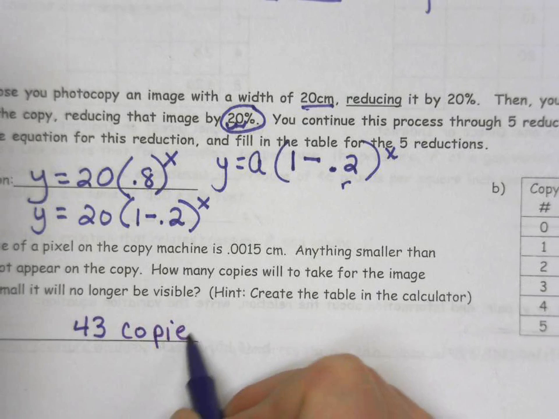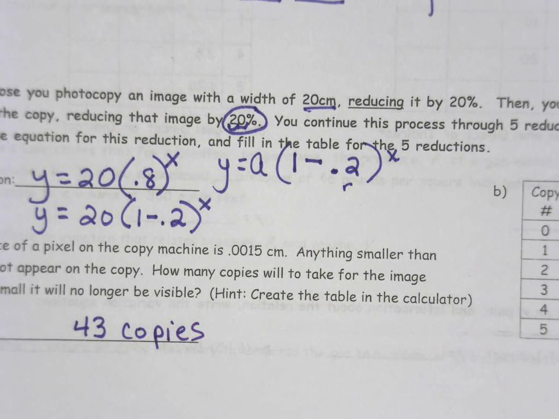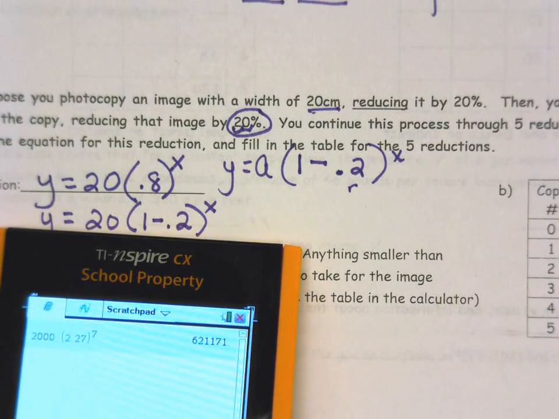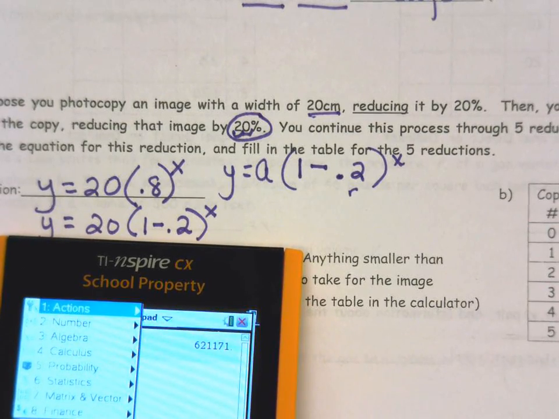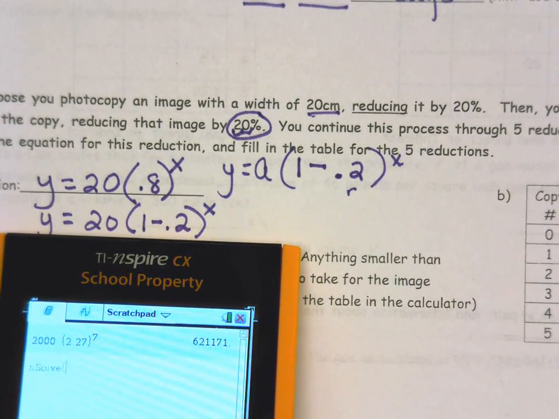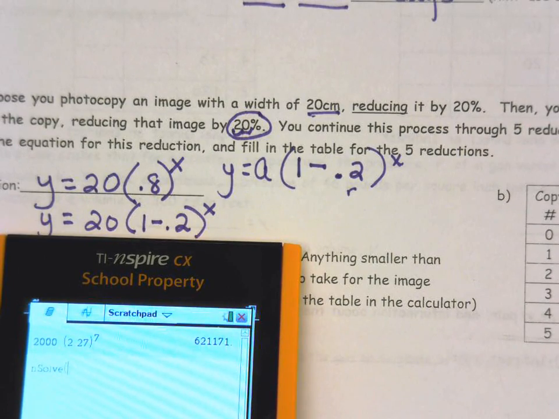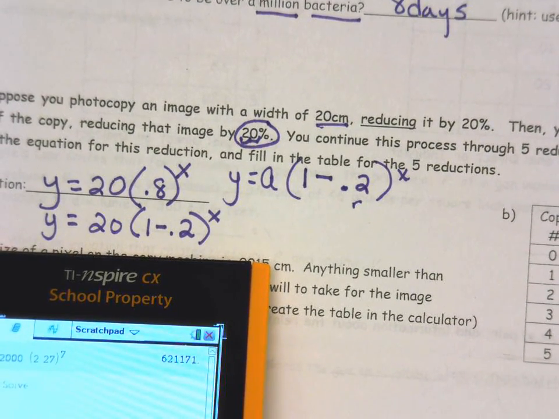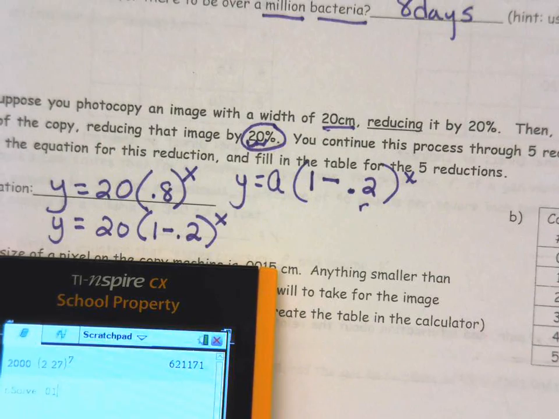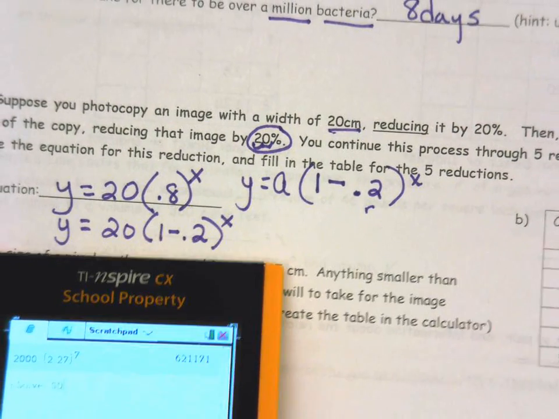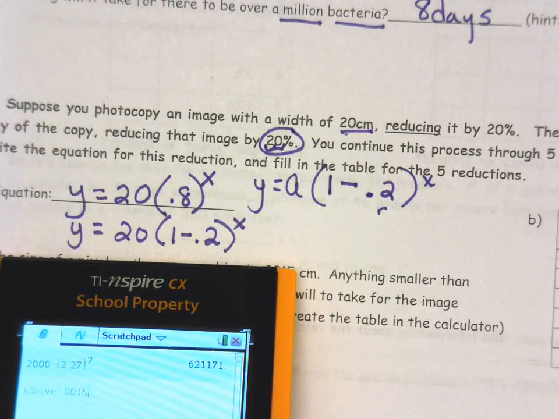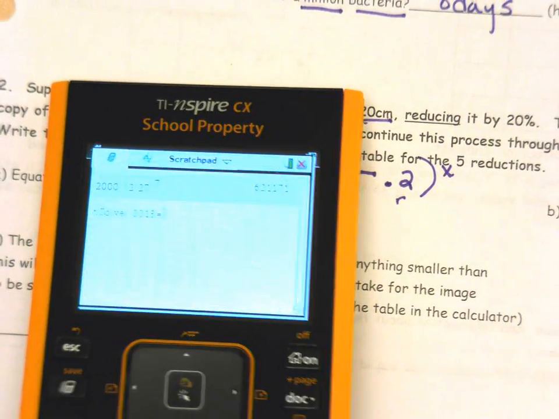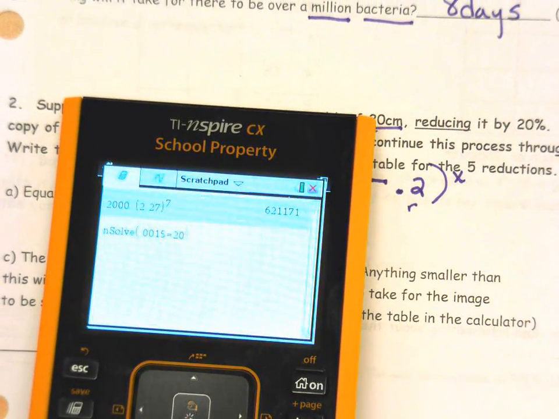Now, the other way that we could do that is we could go back to the toggle, the home, and we could go Menu, number 3, Algebra, Numerical Solve, and then we can put in our equation, which is y, which we want to be 0.15, so 0.0015, and then that equals our starting,